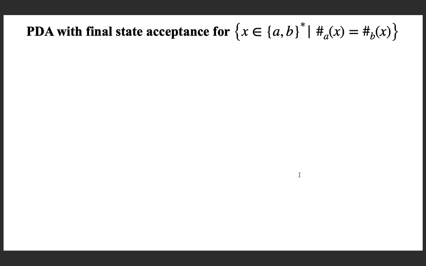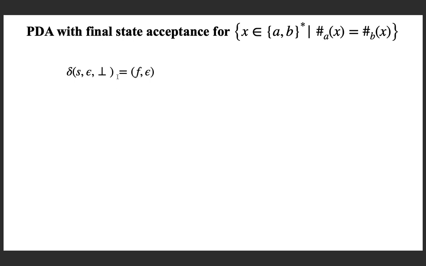Now we can look at another example. Try to get a pushdown automaton for the set of all strings over {a, b} with an equal number of a's and b's. This is known to be a context free language because we had a context free grammar, and it is also proved to be a non-regular language. So here we can use the stack to remember the number of a's and b's. Okay, you can do it